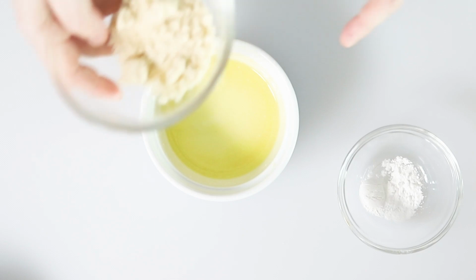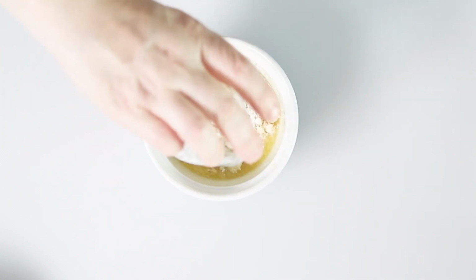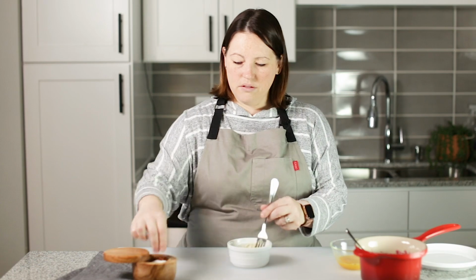And now we can add in our dry ingredients. We've got almond flour, baking powder. We're gonna stir that up. Also a pinch of salt